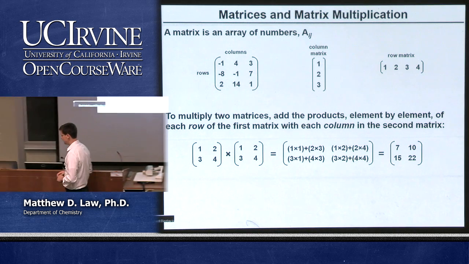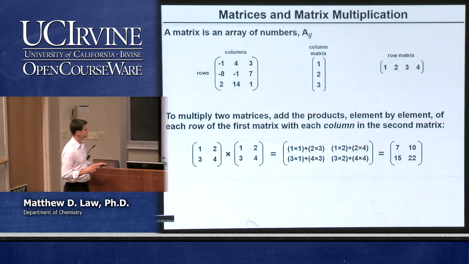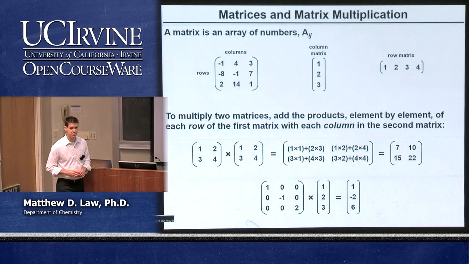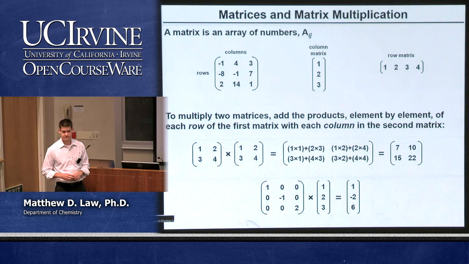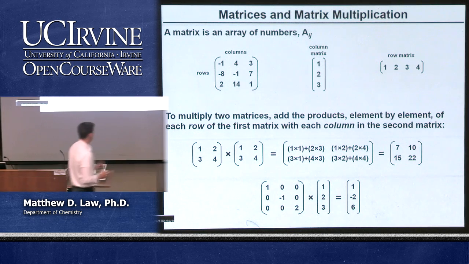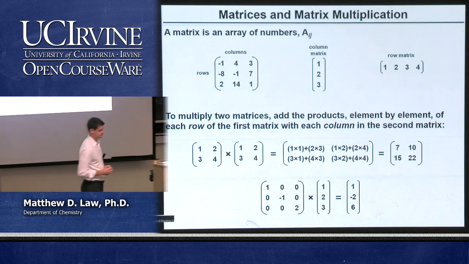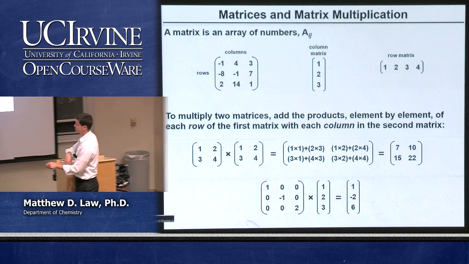Okay. It turns out that for almost all of the matrix multiplication that we're going to be doing, what we're interested in is a 3 by 3 multiplied by a column matrix. Okay. This is almost always what we'll be doing. And in this case, if we have a 3 by 3 square matrix multiplied by a column matrix, in many cases we're going to have a very simple 3 by 3